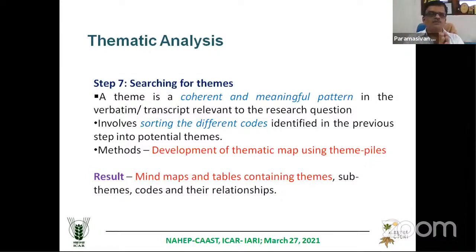After reading all this, suppose one question was asked and 20 people have given answers. You read all the 20 answers. You underline the codes. Based on the codes, you identify the labels, and you put both the codes and labels together, putting similar things together. That is a card piling exercise. And whatever similar codes or similar labels are coming there, you have to give a name for this particular group, that is called a theme. So you will be using the mind map method.